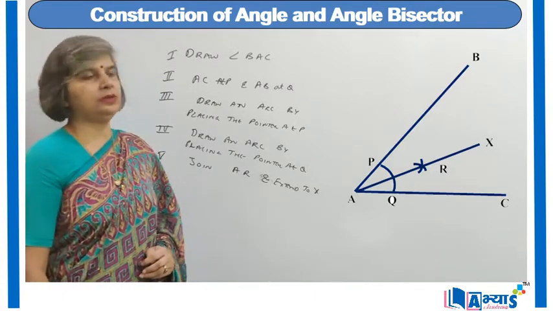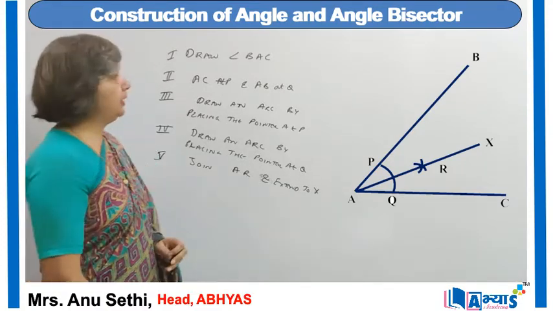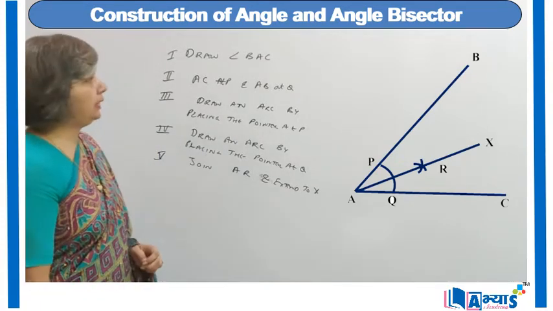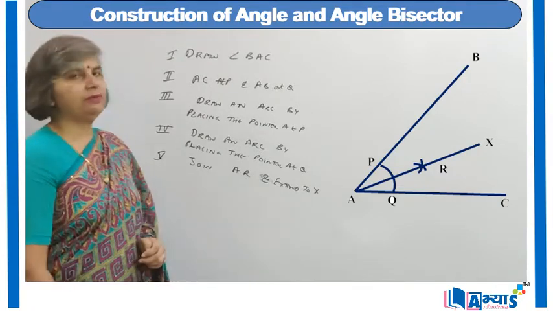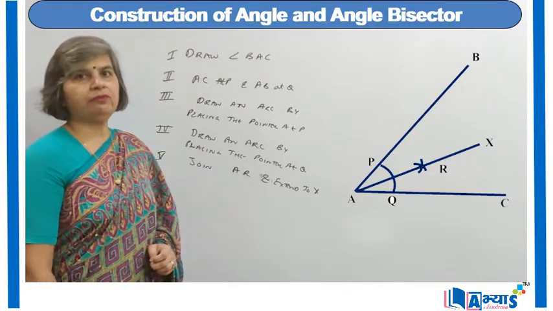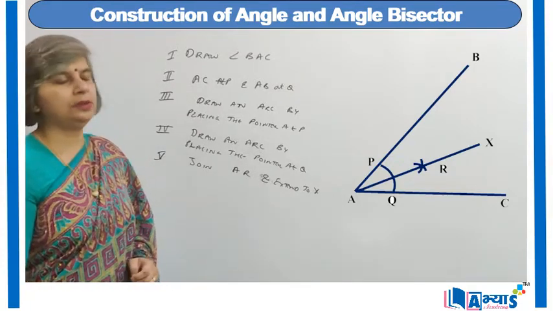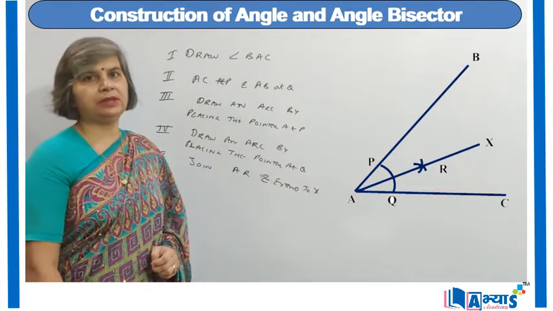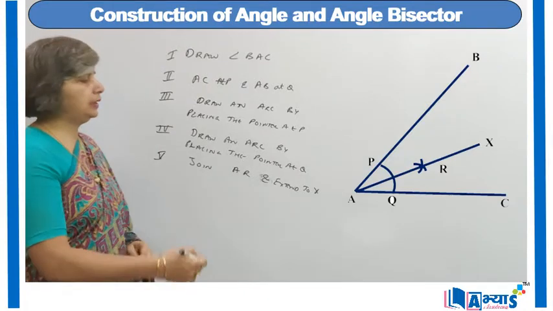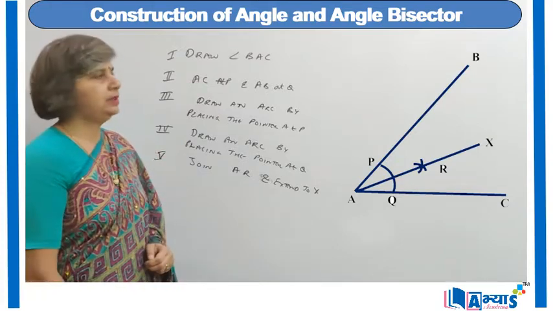So this is how we can draw the angle bisector of an angle. What we have done, first we have drawn the angle BAC, then taking A as the center point, we have drawn an arc which is cutting AC at P and AB at Q. In the next step, we have drawn an arc taking P as the center point and the radius more than half of PQ. Then taking the same radius and placing the pointer at Q, we have tried to intersect the earlier arc, and we have marked the point of intersection as R. Then we have joined AR and extended it to X. So AX is the bisector of angle BAC.